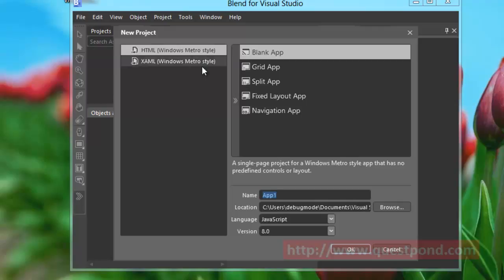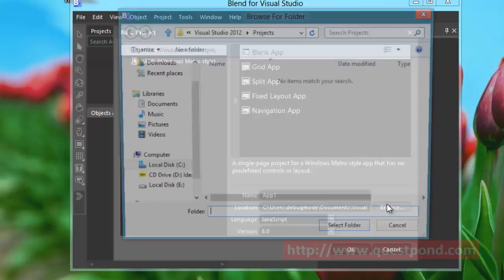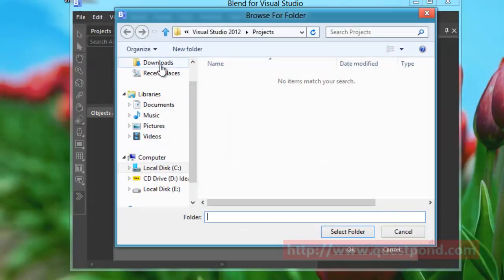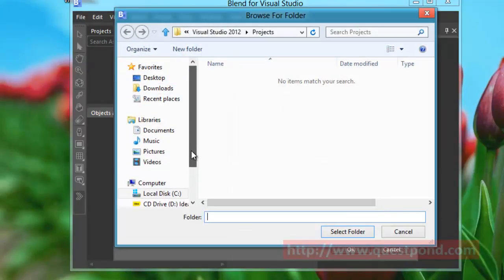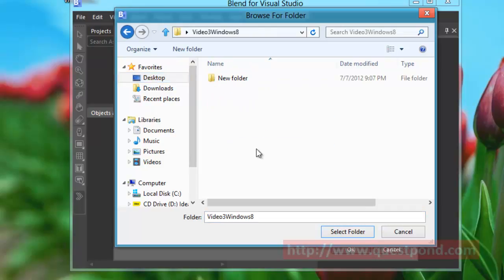Let us choose HTML, and again here you get all the project templates. If you remember from a previous video, we explored all these project templates. Let us go ahead and select blank app, and here you can browse to where you want to save the project. I'm saving it on the desktop